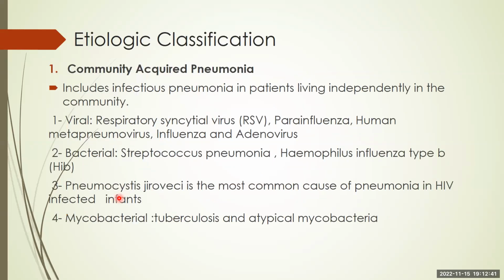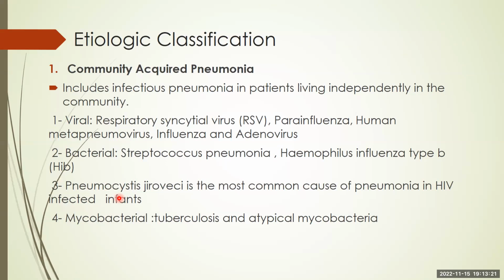So onto our first classification, which is the etiologic classification. Community-acquired pneumonia usually includes infectious pneumonia in patients living independently in the community. The causative organisms include viruses. As per the PERCH study, respiratory syncytial virus is the leading cause of community-acquired pneumonia, followed by parainfluenza, human metapneumovirus, influenza, and adenovirus. For the bacterial causes, Streptococcus pneumoniae and Haemophilus influenzae type B are the major causes of bacterial